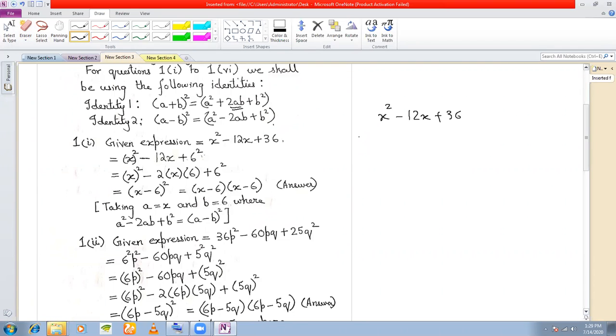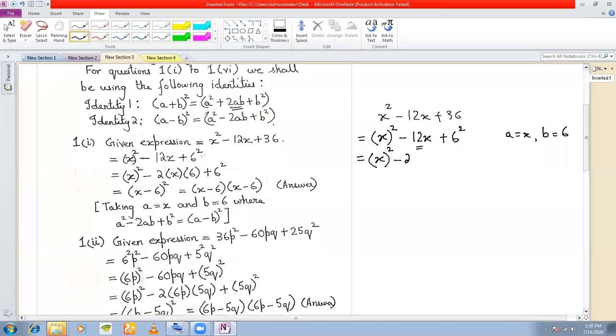So first we realize that the first and the last terms are the extreme terms. So we write x square as x whole square, and we write 12x as it is, and we write 36 as 6 square. Now we simply need to check whether this is the 2ab term or not. So x whole square minus, so what is your a here? A here is x. What is the b here? B here is 6. So let me split this as 2 into a into b. Are we getting 12x or not? Yes, we are getting 12x. That means this can be factorized.